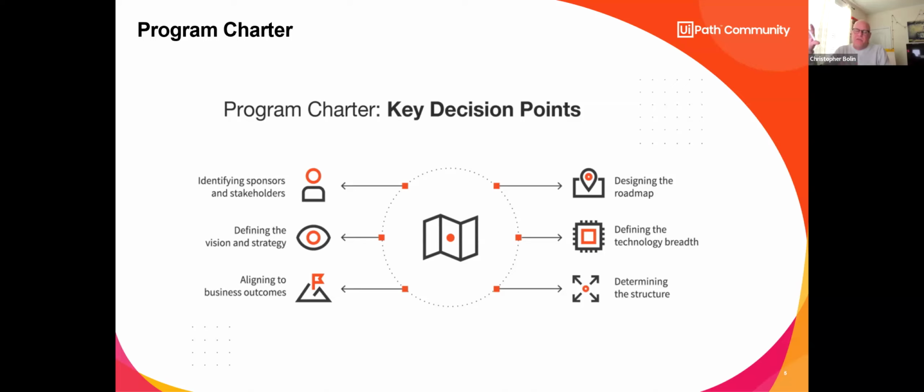Let's just assume it's an RPA program. How does it align to our business objectives? And what are our business objectives? Your objectives for your business may be totally different from what you may be aware of or what you may be used to, but how does an RPA program align with that? Because this project charter is setting up your guardrails. And through these sessions, we're going to start looking at the different areas of the program charter that impact what we're going to be teaching. So next week, we'll talk about another area of the program charter.